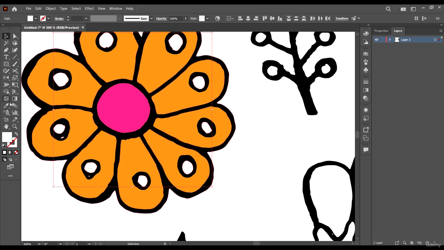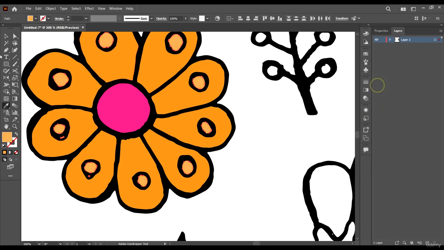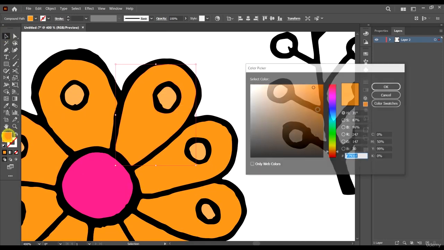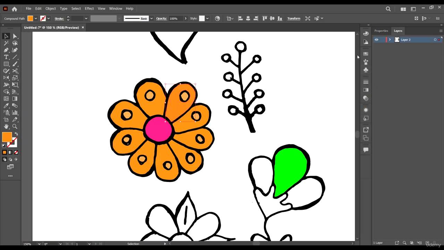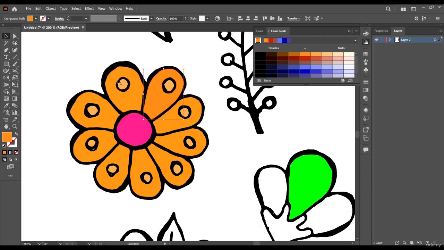So I'm just going to hit I for the eyedropper tool, select the color here, but maybe make it brighter. Like this. Okay, and if I'm not satisfied with what I have, I can of course go to my color guides tool and just try to select more colors. So as you can see, I'm just painting this outline here using my color guides tool. I'm going to give it this color, and for these ones